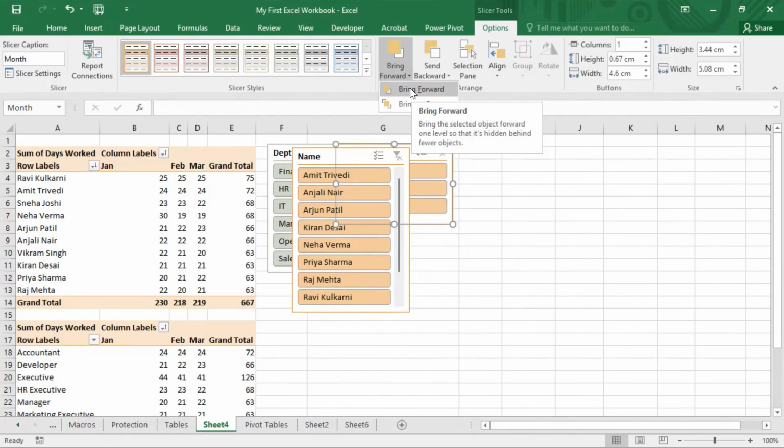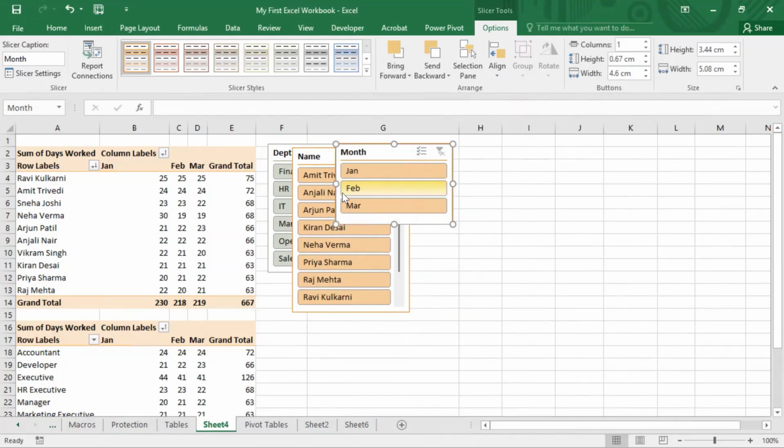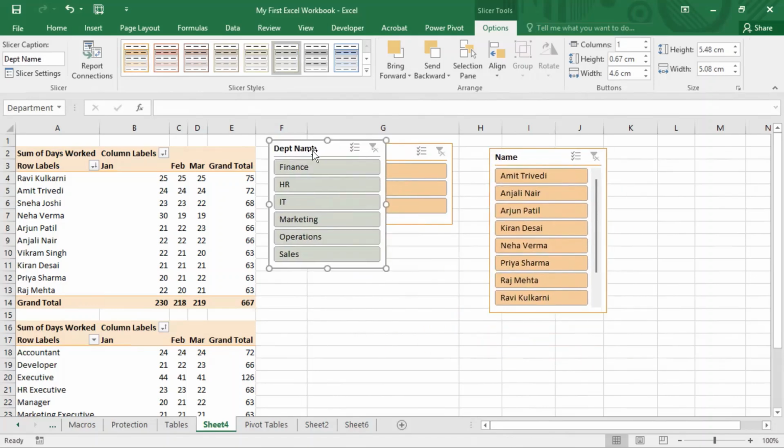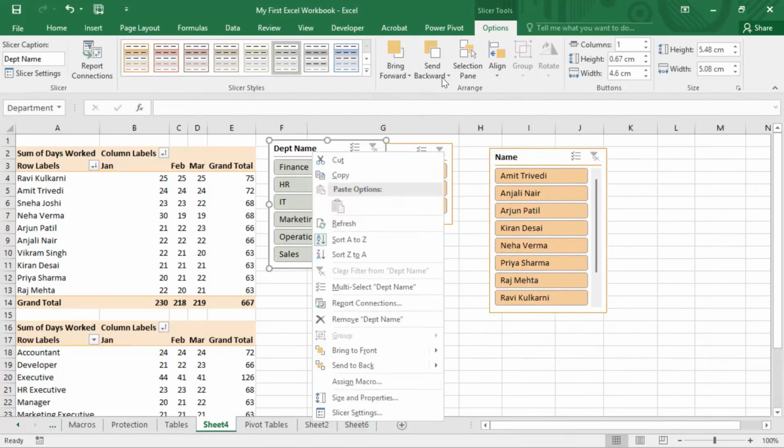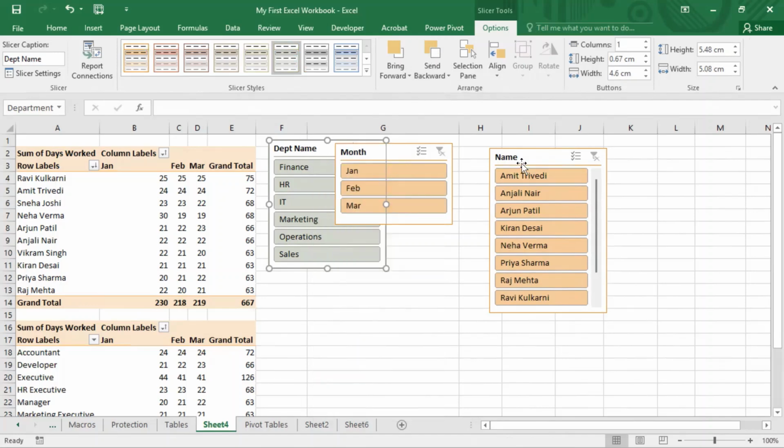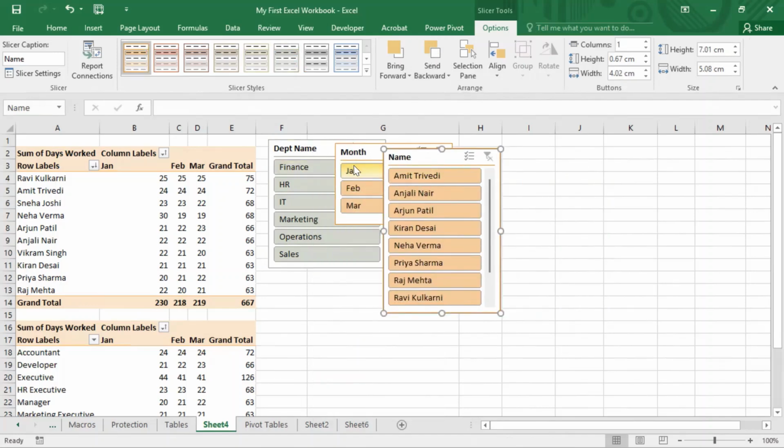Bringing it forward will bring it on the topmost line. When I tell it to move to back, it will just move one step back. So it will take me behind name, but it will be ahead of department. So you say send to back. See, I have already made it backward. So I again send it backward. You'll find it comes in the middle of both pivot tables. So it is nothing but alignment of your slicers, how you want to make them appear on this particular